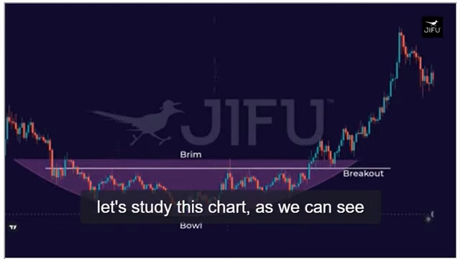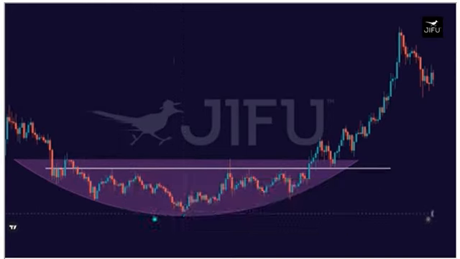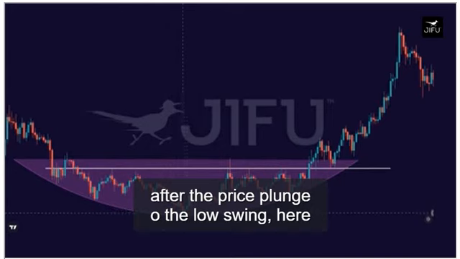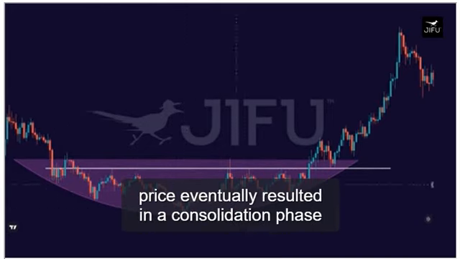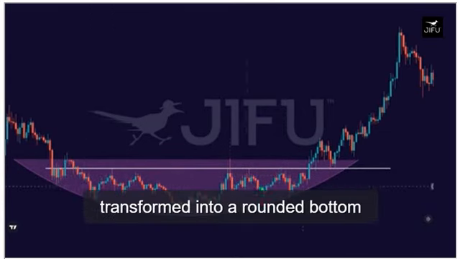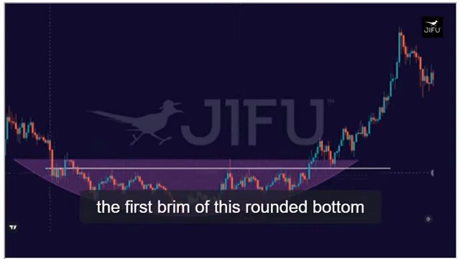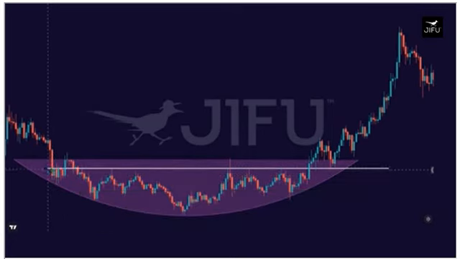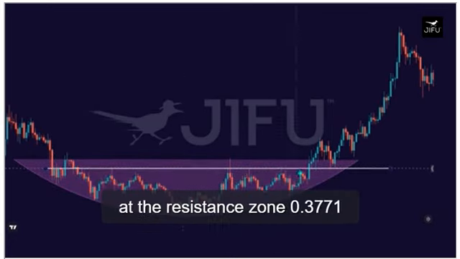Let's study this chart. As we can see in this downtrend on the ALGO/USDT daily chart, after the price plunged to the low swing here, price eventually resulted in a consolidation phase. This consolidation phase transformed into a rounded bottom. This rounded bottom has two brims. The first brim of this rounded bottom can be derived by connecting the series of swings at the resistance zone